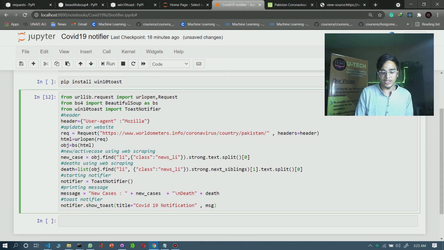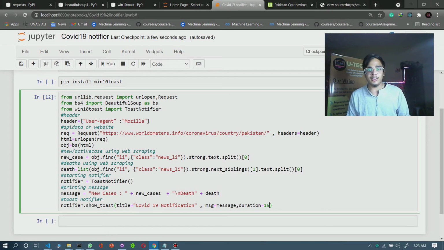It's a built-in function, and here you will print the message, simple, comma, duration. I am giving you the duration of 15. It's a perfect duration, and if you want to put an icon, you can also put an icon here, but if you don't have an icon you can stay there.